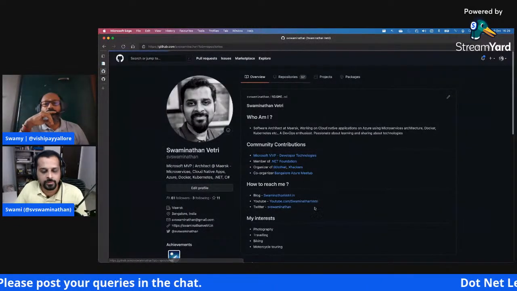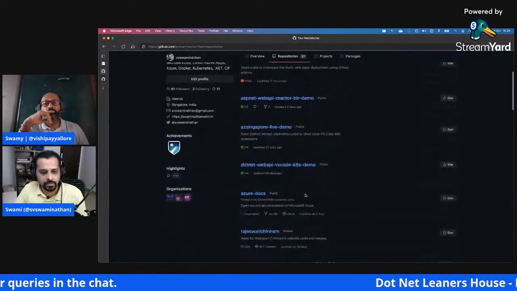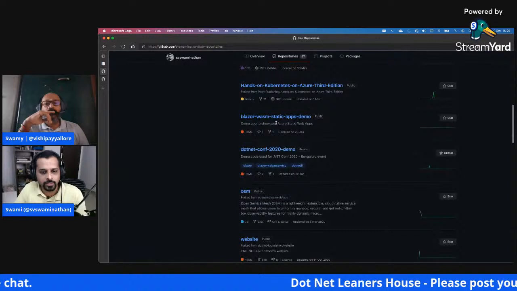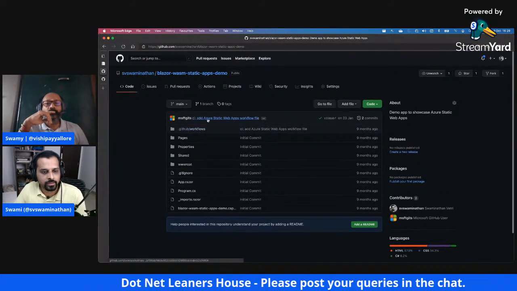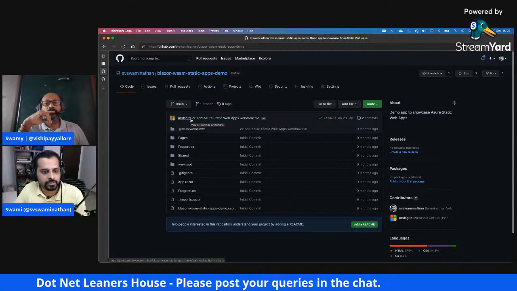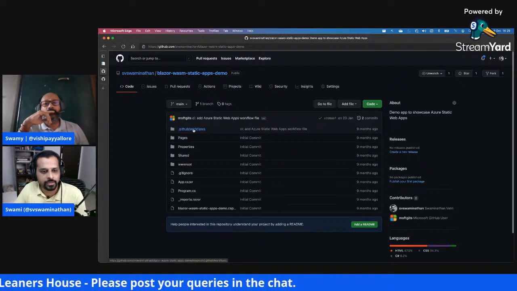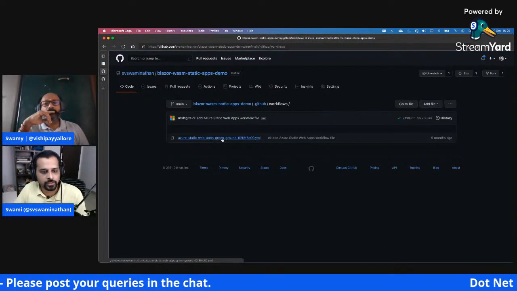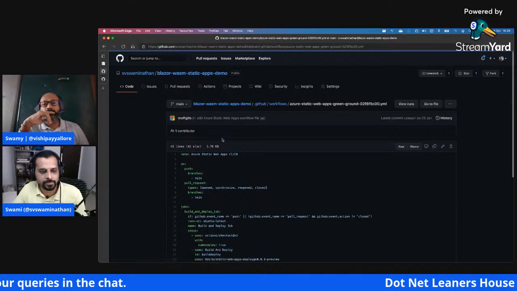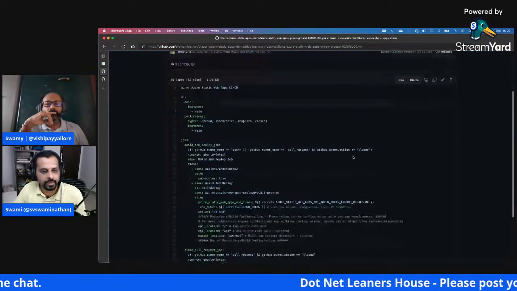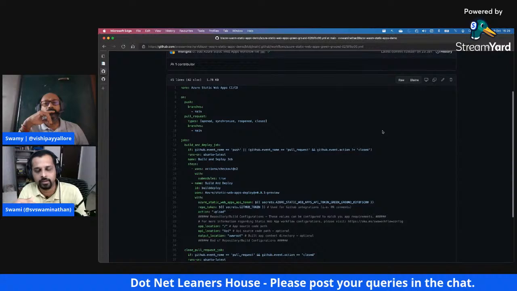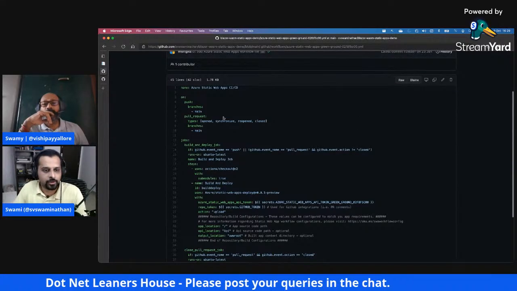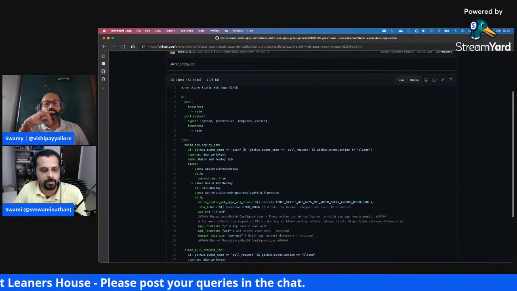If I go to my repositories, there is this Blazor Wasm static apps demo, which I did sometime back, right? If you look at this, it said MSFT git CI, right? This is something which I didn't commit. This entire thing was created from the static web apps directly. If I sign into GitHub there, click choose a repository, and then choose the appropriate framework like Blazor, it will automatically set up the deployment with the workflow here.